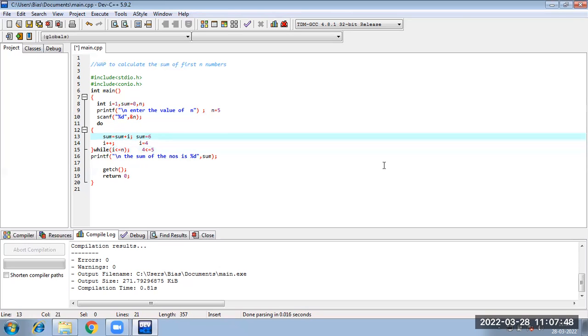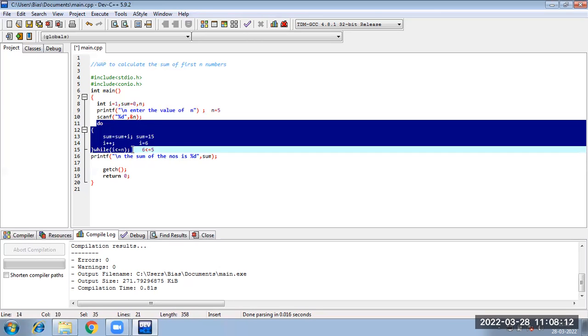Yes. If it is true, sum is equal to sum plus the new I, that is 10. I is incremented to 5. Is 5 less than or equal to 5? Yes. If it is true, sum is equal to the old sum plus the new I, that is 15. I will become 6. Then is 6 less than or equal to 5? No. Once the condition is false, the cursor will come out of the do while loop and it will just